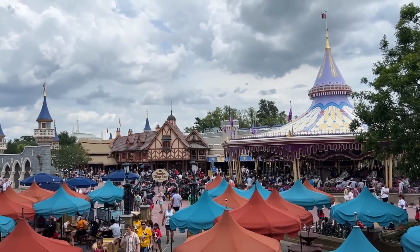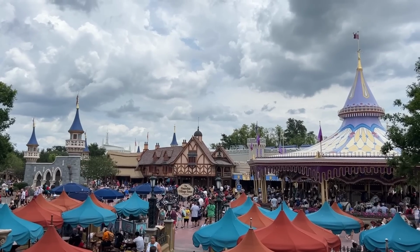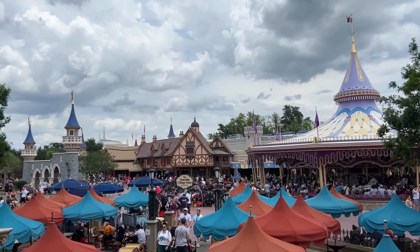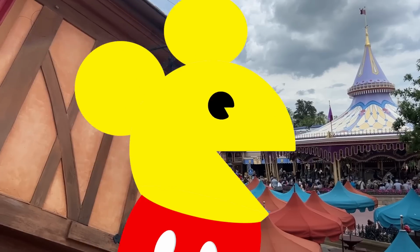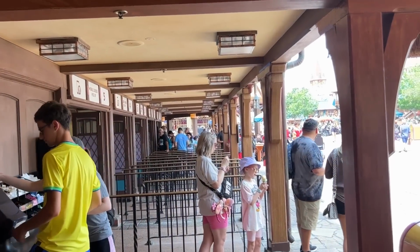I shouldn't have had the camera on me at all for this entire section. I should have just been showing you Fantasyland from the balcony at Pinocchio Village House. So the first thing I want to say about Friar's Nook is the fact that there's no great place to